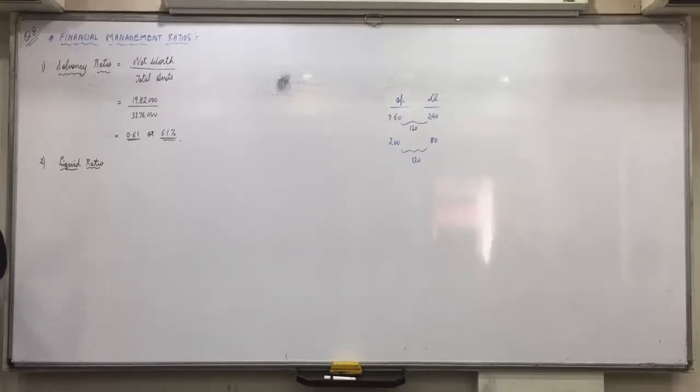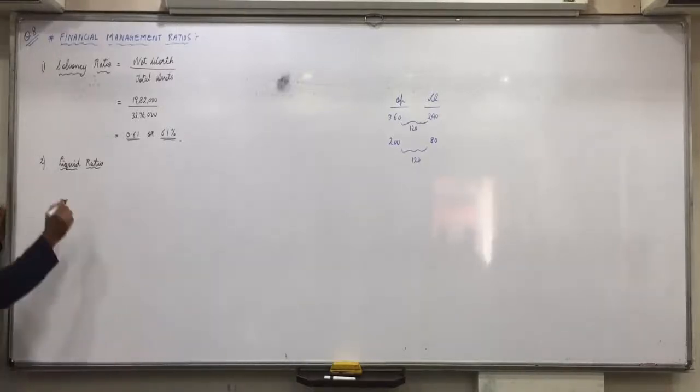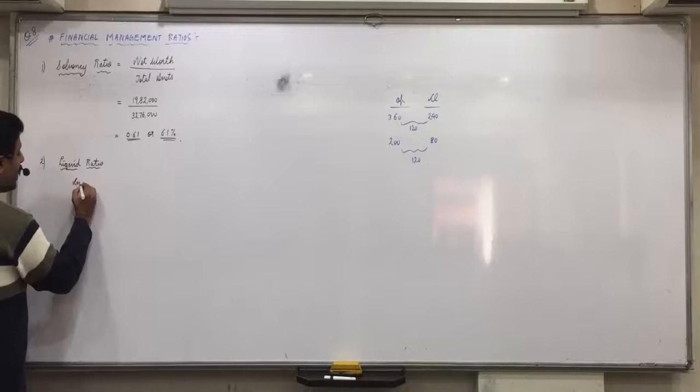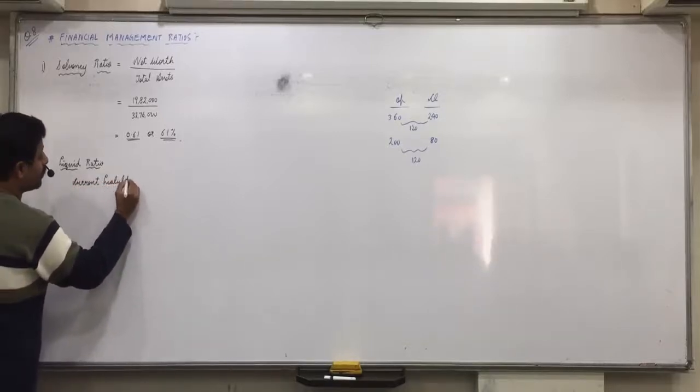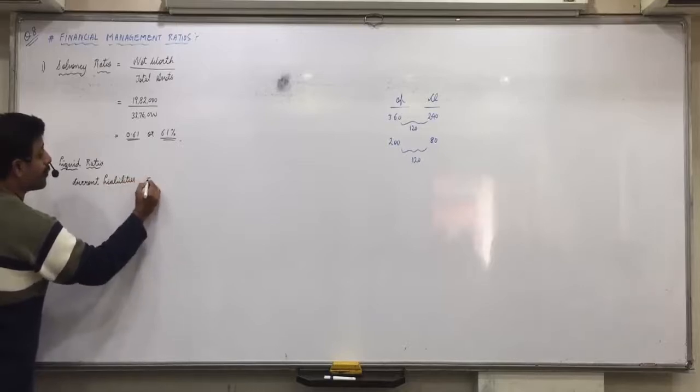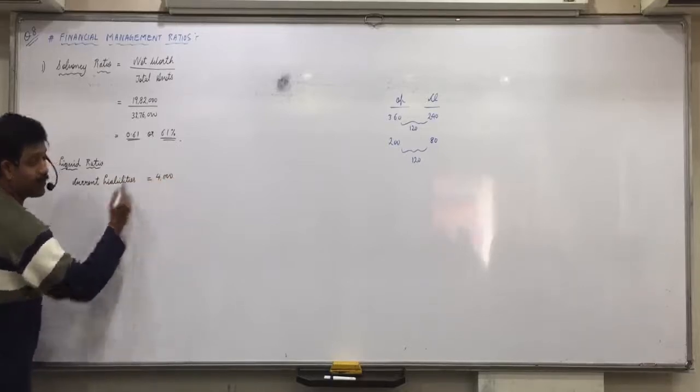So these 3 amounts will also be included in current liabilities. Okay. Your solvency ratio cannot be compared, 8,71,000 with only 4,000. And you cannot say 200 times your solvency ratio. Okay. So liquidity ratio. First we find the current liabilities. Write down. Current liabilities as per the balance sheet are 4,000. Do you all get it?